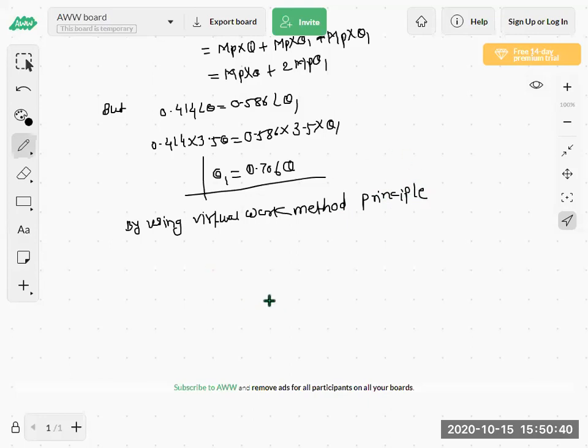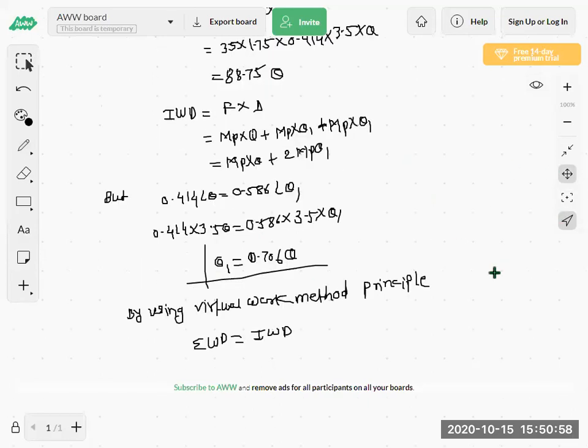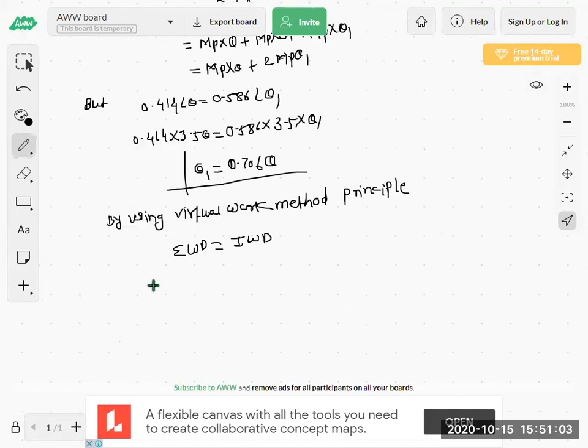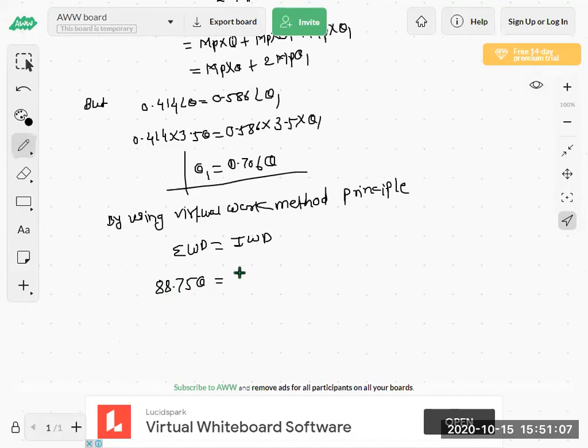What does the virtual work method principle say? External work done is equal to internal work done. So external work done is how much? 88.75. So external work done is 88.75 theta is equal to internal work done, which is